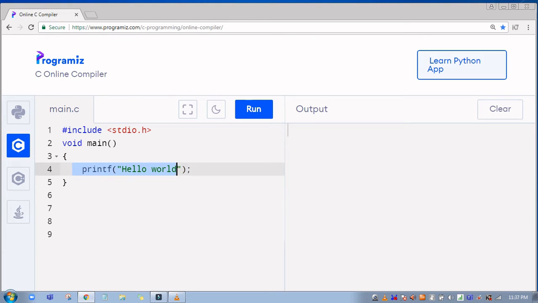Okay, this is the printf function I have used. To access this printf, you must use the stdio.h header file. How to use the printf function? What is the use of this? The printf function is used to print on your output screen. Using this function only you can get the output.